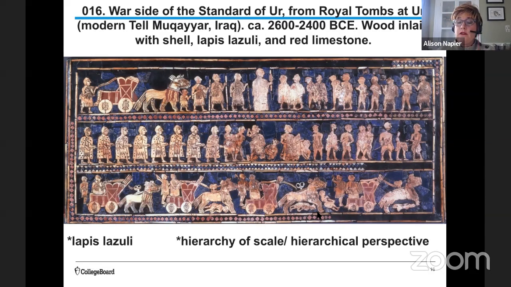They think it's been pieced back together, and they've determined that there were scenes of war and peace on each side, in very elaborately inlaid mosaics. It was found in the largest of the royal tombs at the cemetery at Ur, associated with a king who died around 2550. And the discovery was really quite unexpected, as the tomb had been pretty thoroughly plundered by grave